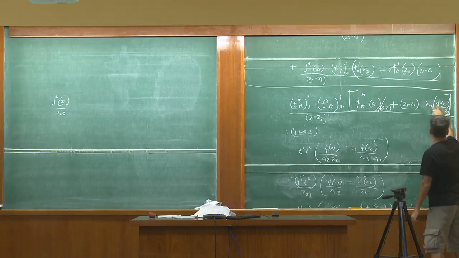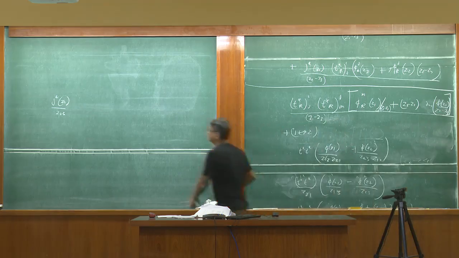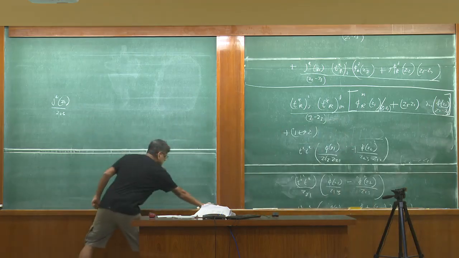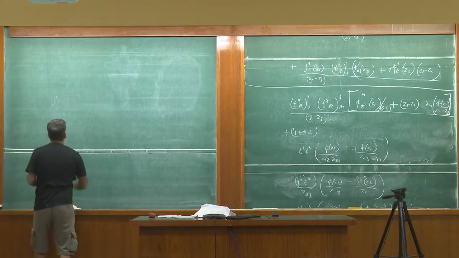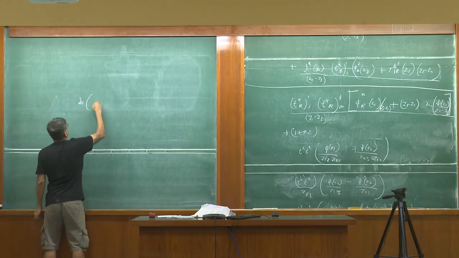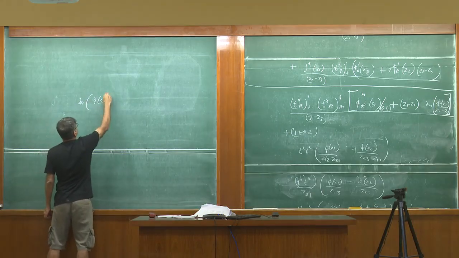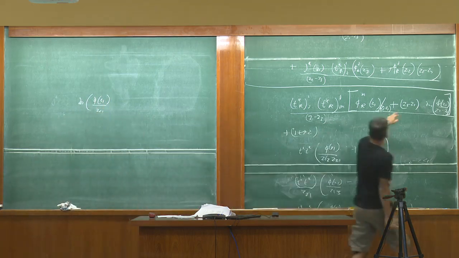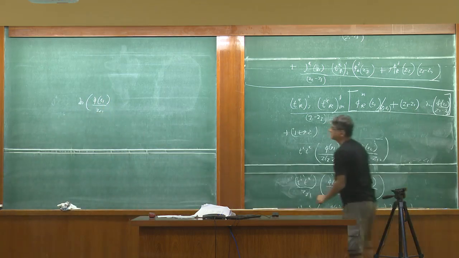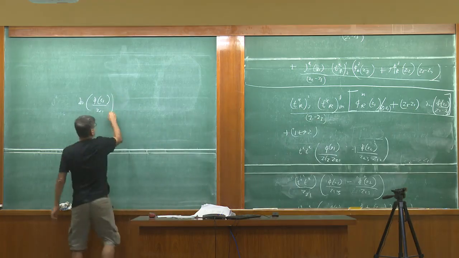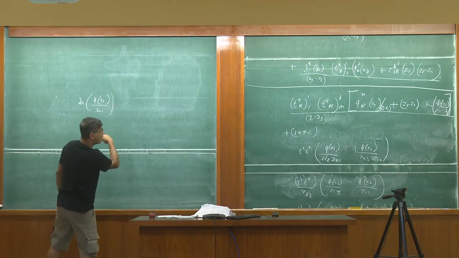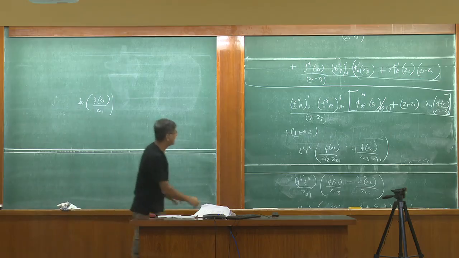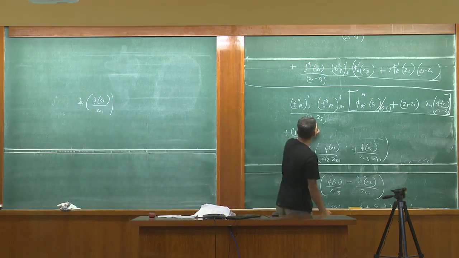So del Z1 phi Z1 by Z21, sorry, let me write. Del Z1 phi Z1 by Z21 times Z31 cancels with what? Is that with the denominator? Thank you. Times